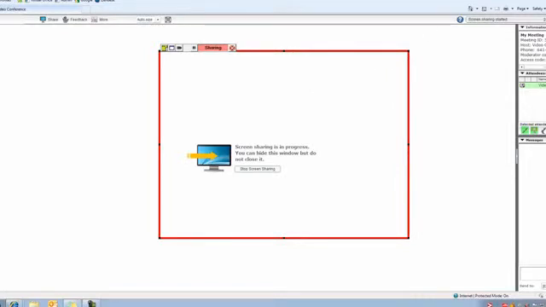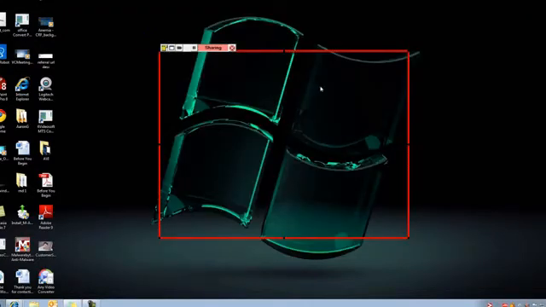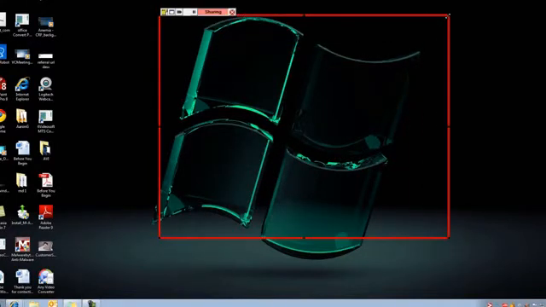Now if I change this screen and I say move to my desktop or move to Google, this is a good example, they are only going to see this Google page right here. Or I can minimize that and show just the Windows desktop. So whatever is inside this box is what they're going to see, and you can also resize it and reposition